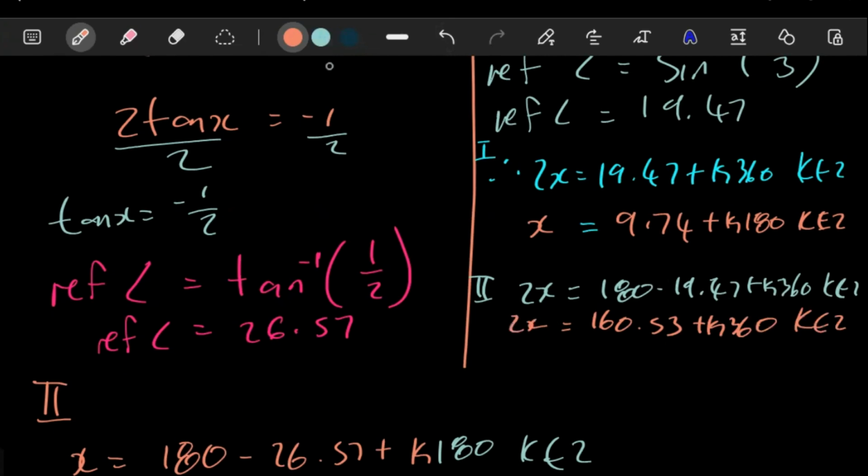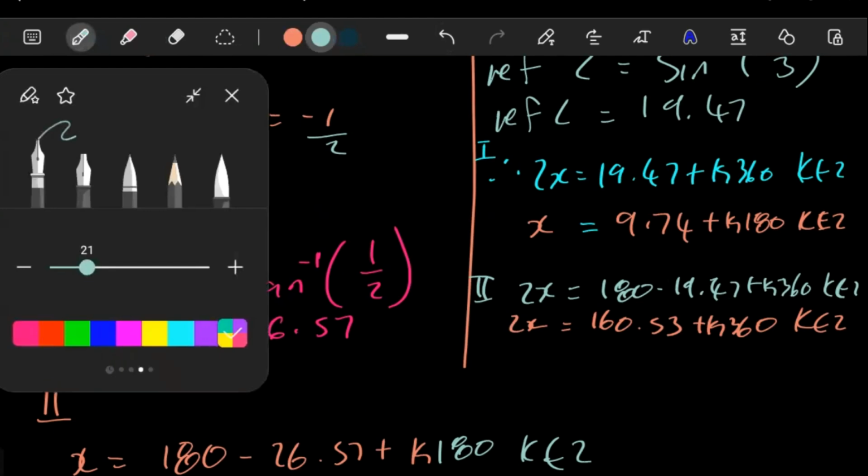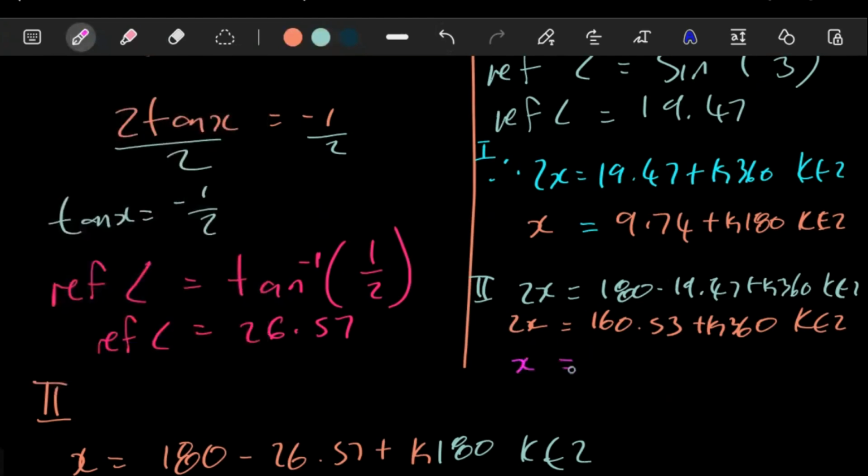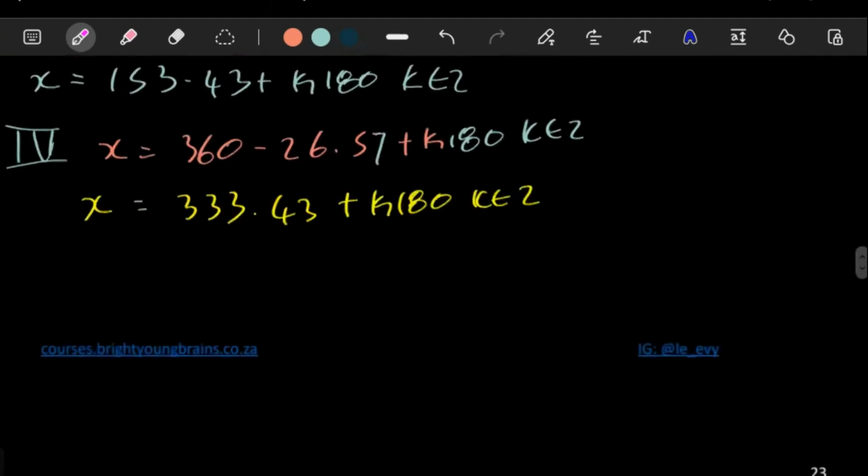And then the moment you divide by 2 everywhere, this is going to be our answer. x is going to be equal to, in the calculator, divided by 2 here, 80.27 plus k180, k is an element of integers. Now, these are all your answers. Nothing crazy, nothing major. You get these answers and you keep things moving. So let us move on to